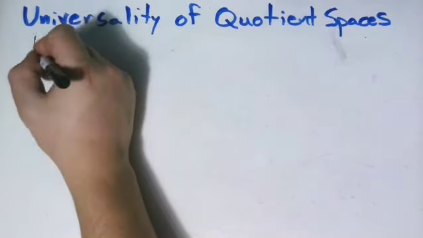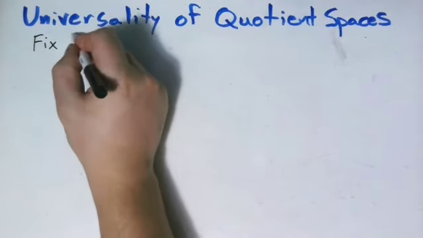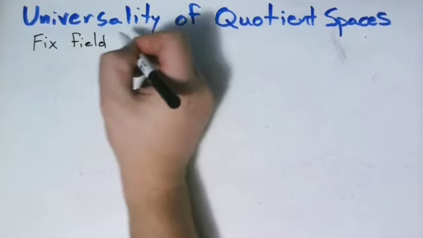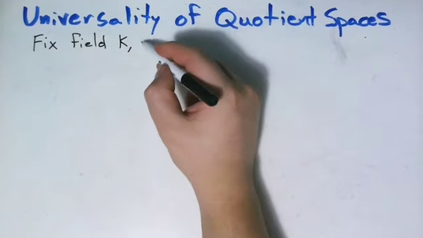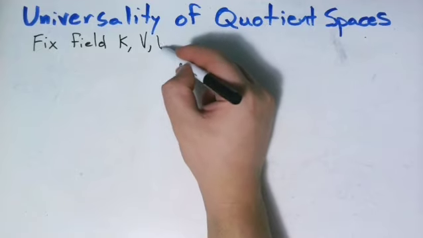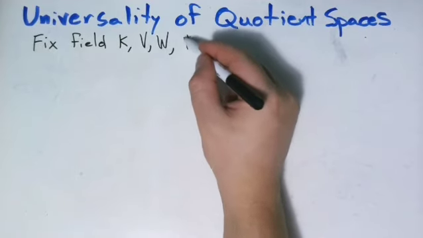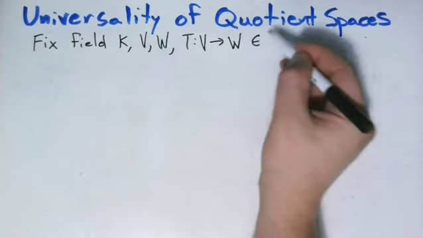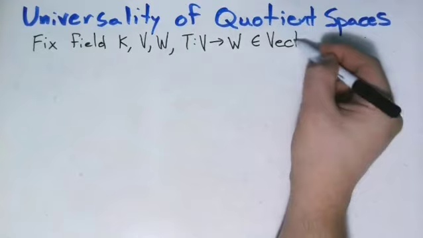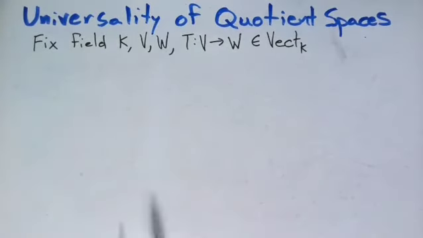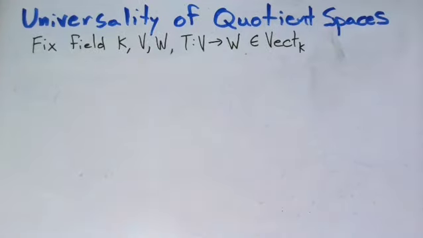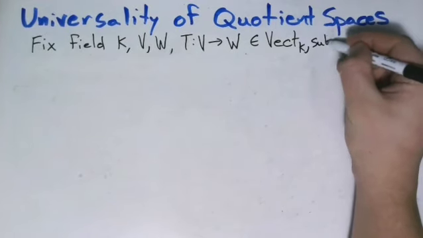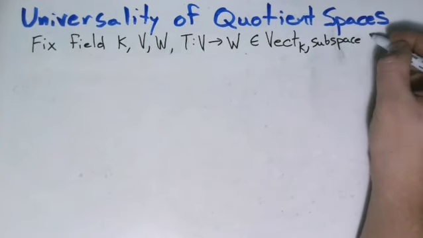So let's fix a field K, and let's take V, W, and some linear transformation T going from V to W, all in the category of vector spaces over K. So V and W are vector spaces over K, and T is a linear transformation from V to W. Now take some subspace S of V,